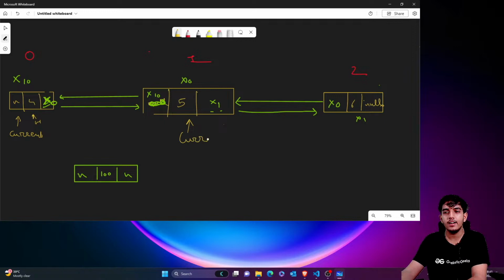That is index minus 1, that is 2 minus 1, that is 1. I want to stop the current at 1. So current will be actually stopped here. You will be incrementing the current, but yeah, you will be stopping the current here. Fine. Once you have stopped the current, you will just say that current,